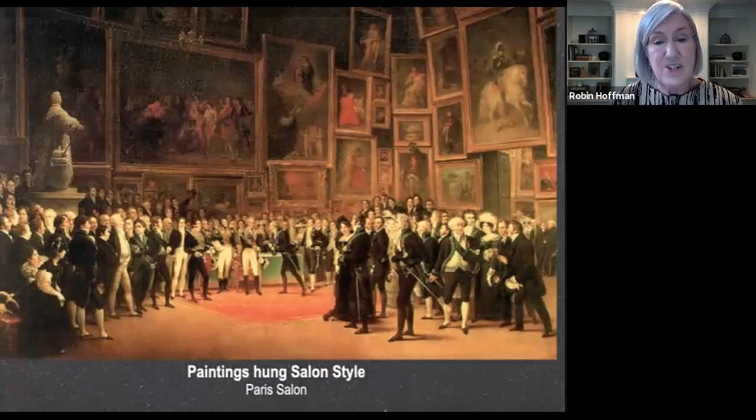Paintings were classified by genre, following a very specific hierarchy. History paintings were ranked first, followed by the portrait, the landscape, the genre scene, and finally, the still life. The jury, headed by the head of the Academy of Fine Arts, was traditionally very conservative. Near photographic but idealized realism was expected. Artists who won prizes at the Salon received lucrative commissions to create works of art for the government and were sought after for portraits and for private commissions.